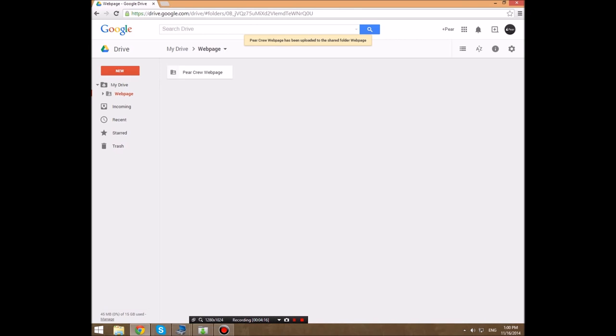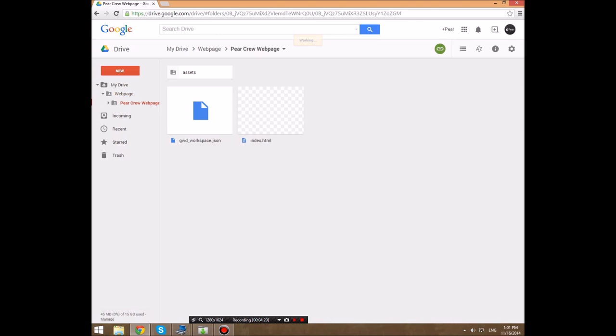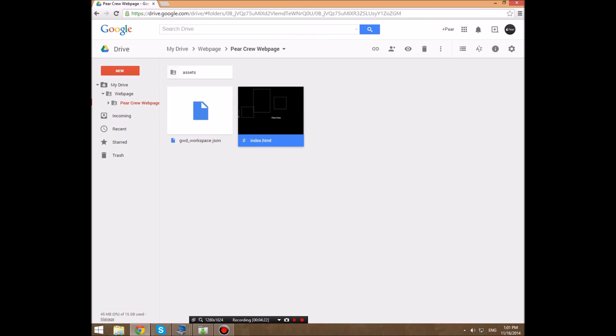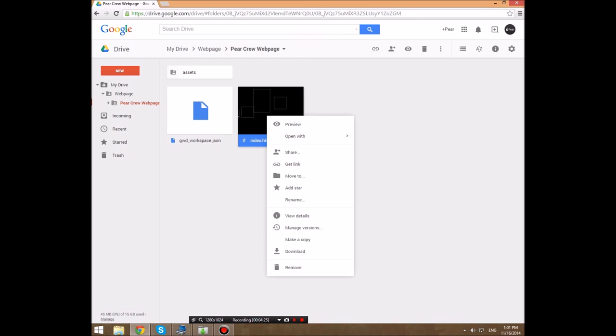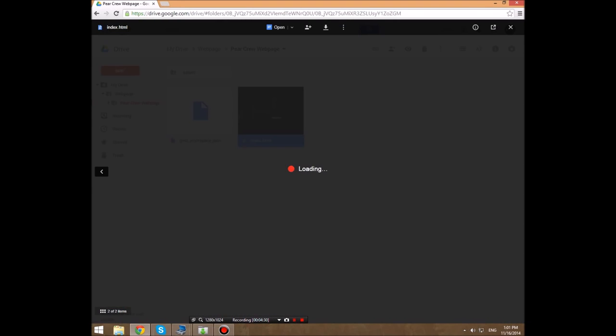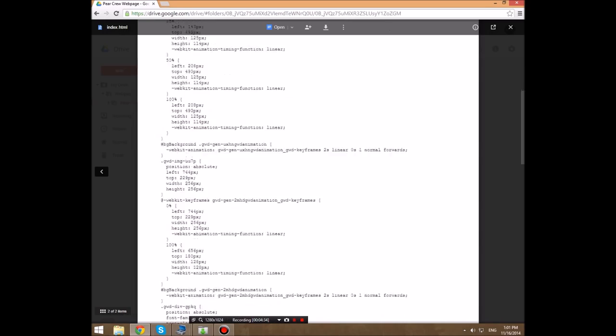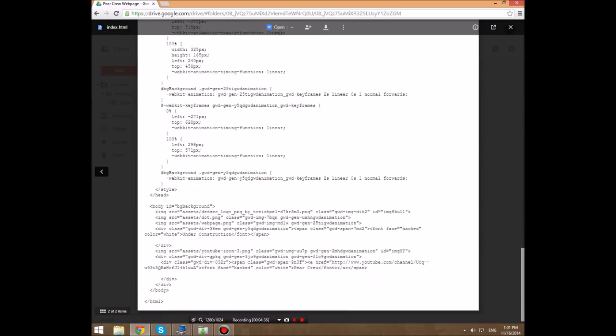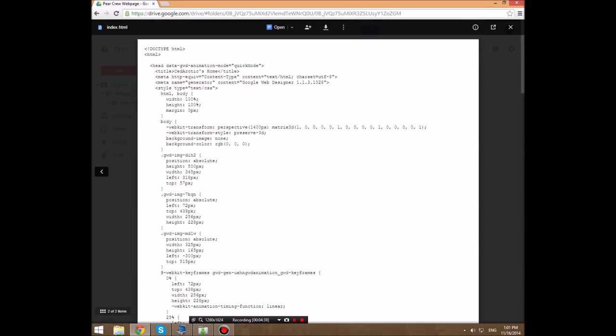Now we're in our web page folder, and we have this folder that has our web page inside it. We're gonna double click, and there you go, we have our index.html, which is our web page, as you can see. Now we're gonna right click it and hit preview, and there you go, you have your HTML over here, which is the code. You do not see the actual result yet, but now what we're gonna do is go up to the URL,